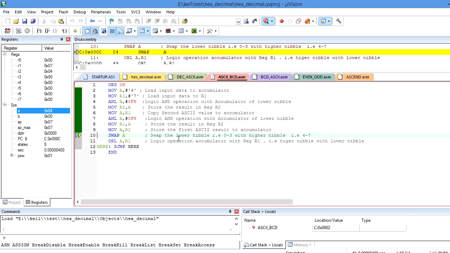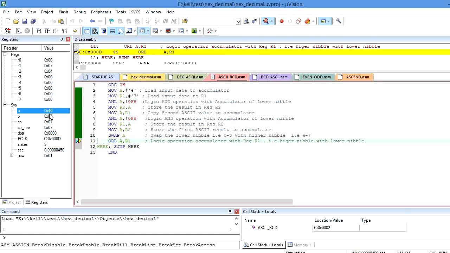The lower nibble ranges from bit 0 to bit 3, and it is exchanged with bit 4 to bit 7 in the accumulator itself. For example, here bits 0 to 3 hold 4 and bits 4 to 7 hold 0. Instead of 04, after executing the swap instruction it becomes 40.